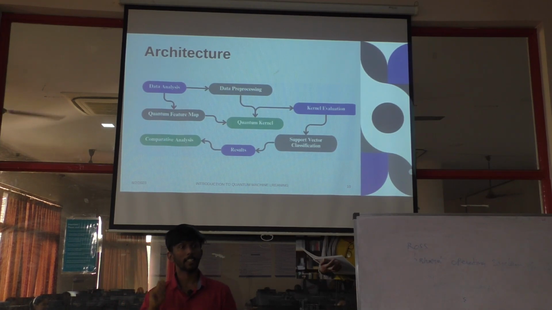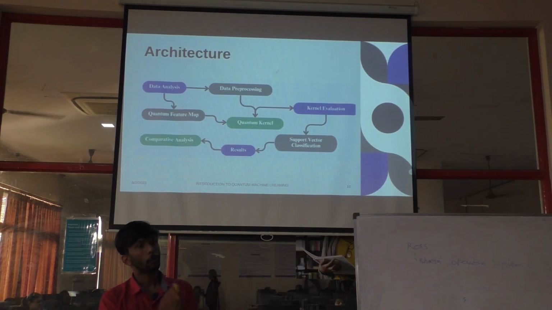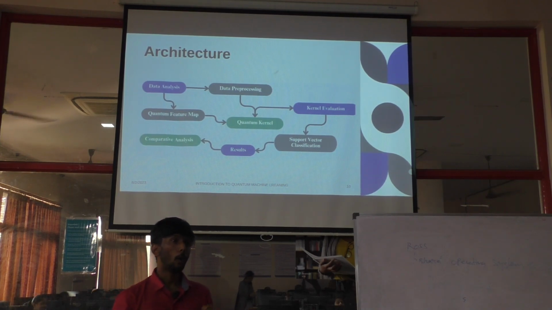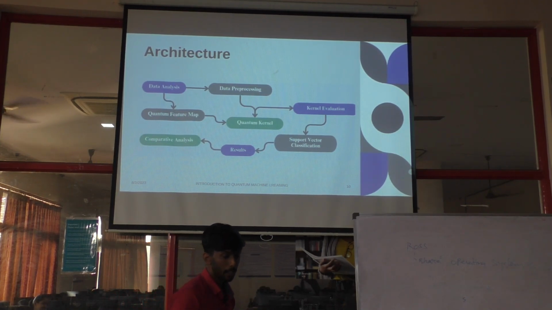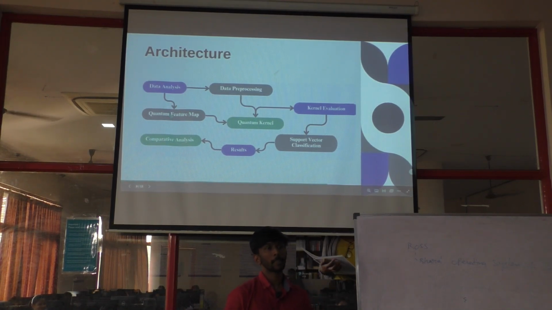And that is essential, or else however great your computer or your model would be, your model will fail. That is going to happen, and that is where what we call the quantum feature map, as you can see here, comes into place.